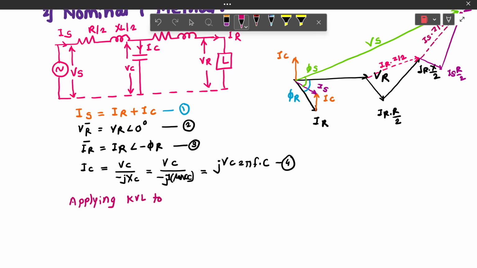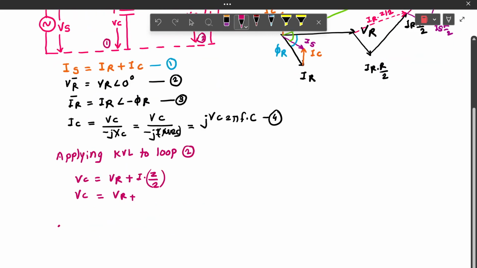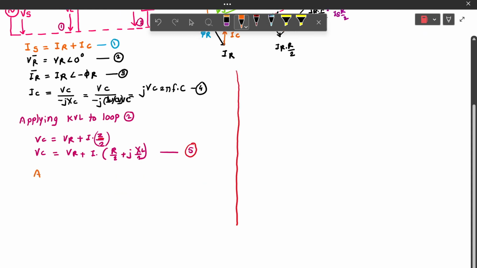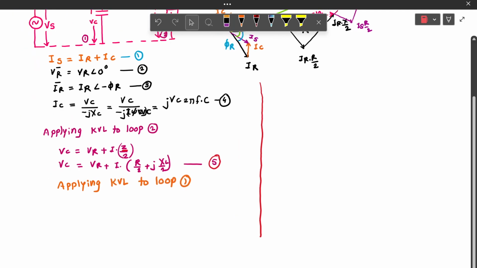Now, to determine the value of Vc, let us consider the equation Vc equal to Vr plus I into Z by 2 by using KVL to loop 2. Here Z can be written as R plus jXL. Hence, Z by 2 becomes R by 2 plus jXL by 2. Equation number 5. Now, applying KVL to loop 1 in the figure, we can write the expression of voltage Vs